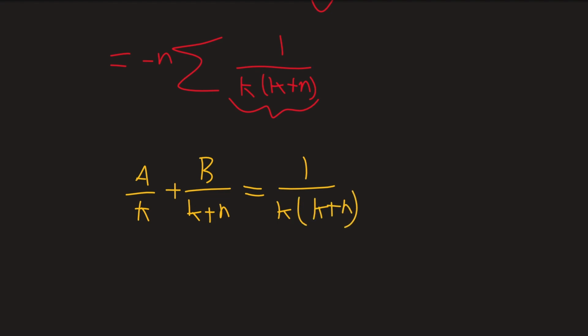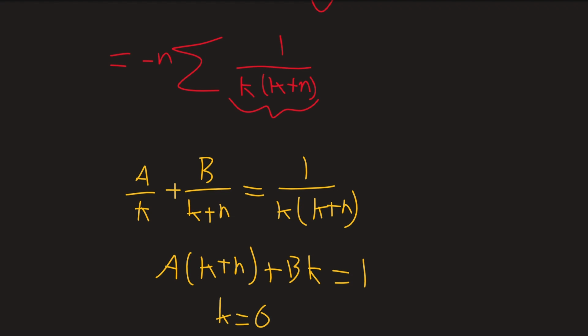And as such, we can just multiply both sides by k plus n, leaving us with a(k plus n) plus bk equals 1. And so all I have to do is plug in the appropriate values for k and solve for a and b. So if we let k equal 0, for example,